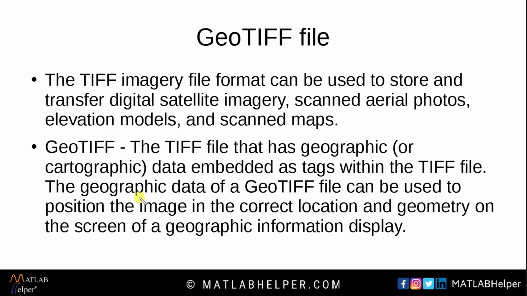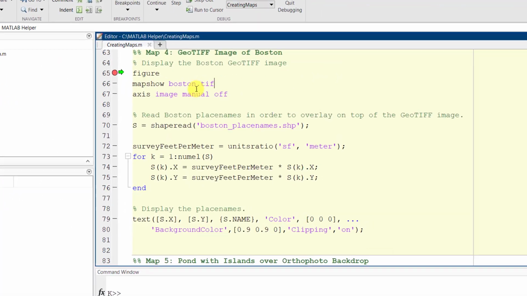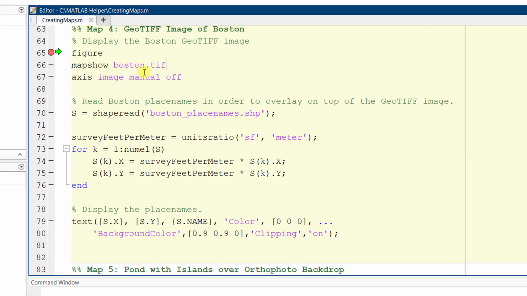That is, the geographic data of a GeoTIFF file can then be used to position the image in the correct location and geometry on the screen of a geographic information display. In the figure, we'll be showing the map of Boston. So the place Boston has a boston.tif file.